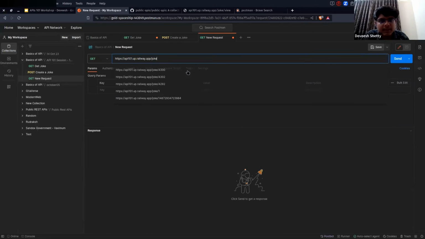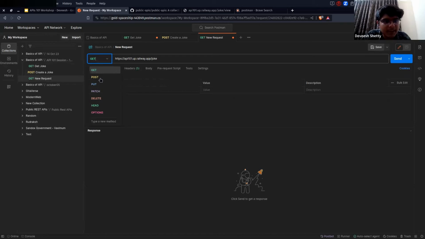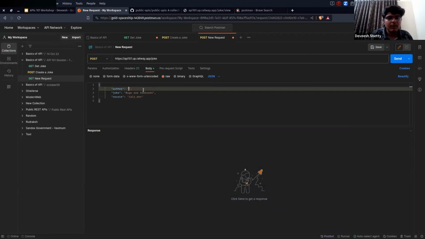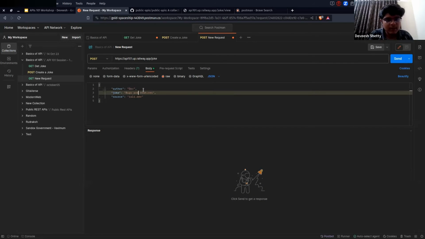So here you have to change the method to POST. Here you have to add body. Go to your body, raw, and the type will be JSON. Select JSON. If you don't select JSON, you will get errors. Then paste this, author, I'll put Dev, and the joke will be,